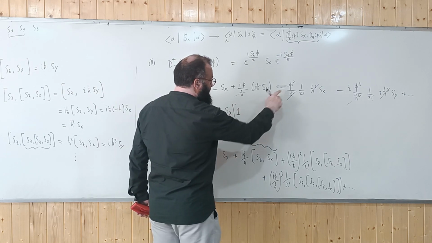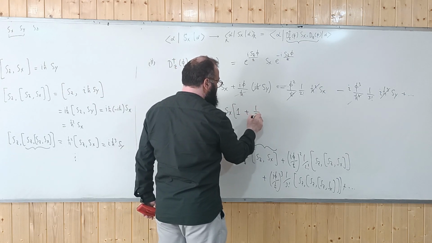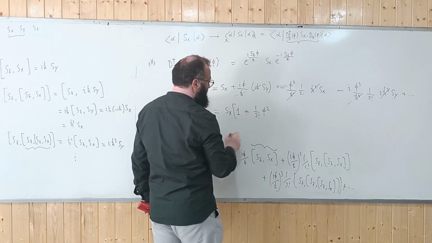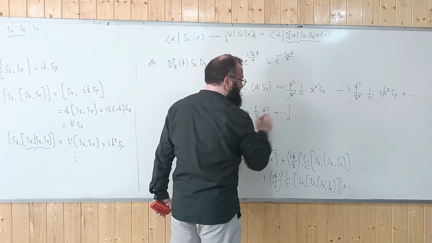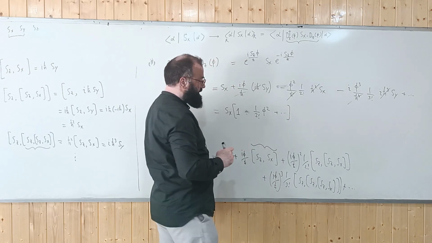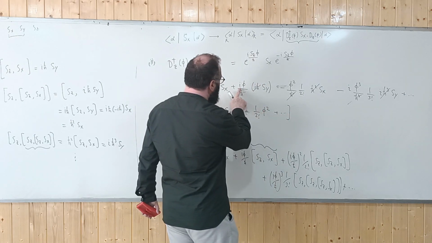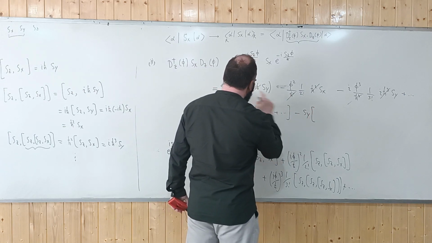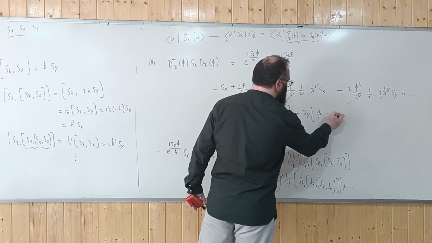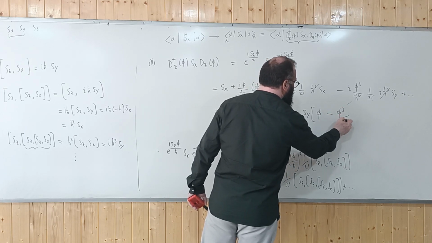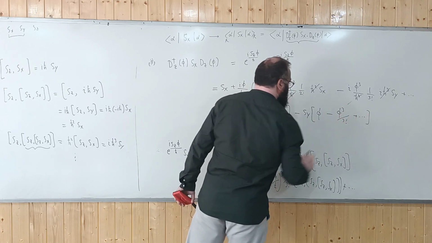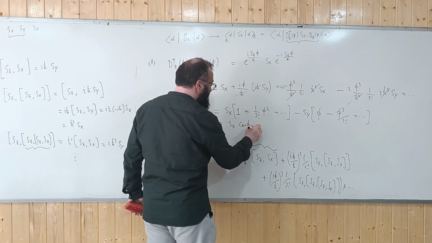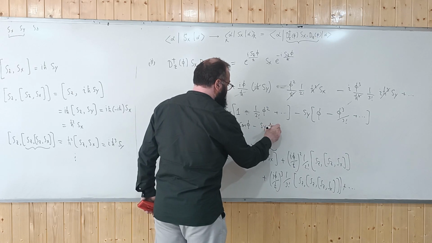It is 1, then minus 1 by 2 factorial phi square, plus all other terms which have Sx. Then you have Sy. Now you have i into i is minus, so take Sy out. What remains here? Phi, minus phi cube by 3 factorial plus 1. Clear? So what is this? Sx cosine of phi minus Sy sine of